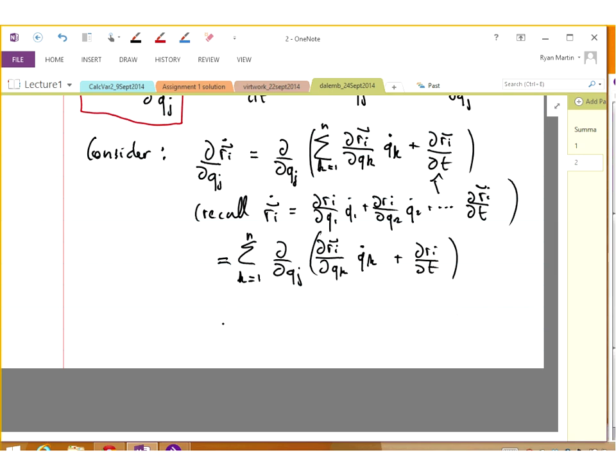So in the end, the sum is going to drop because any term with k not equal to j will disappear, and what we find is we are left with d by dqj of partial ri